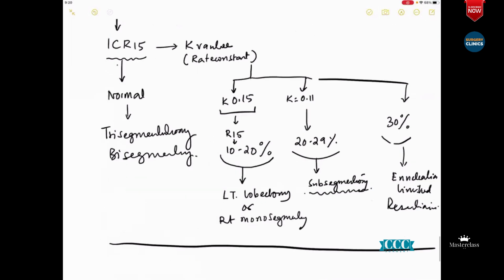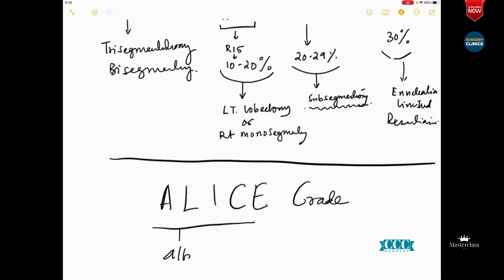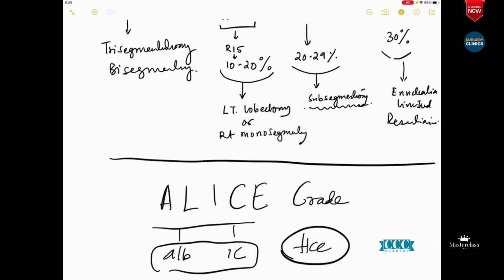Another thing that has come up in recent times is something called the Albi grade. Now, what is this grade? It is a combination of the albumin levels and the indocyanine green levels, so they have clubbed both together. Needless to say, this is mostly done by the Japanese and the Koreans, who have graded and tried to modify this. Again, this is exclusively for hepatocellular cancer when you are planning therapies. Okay, so I will end at this point.